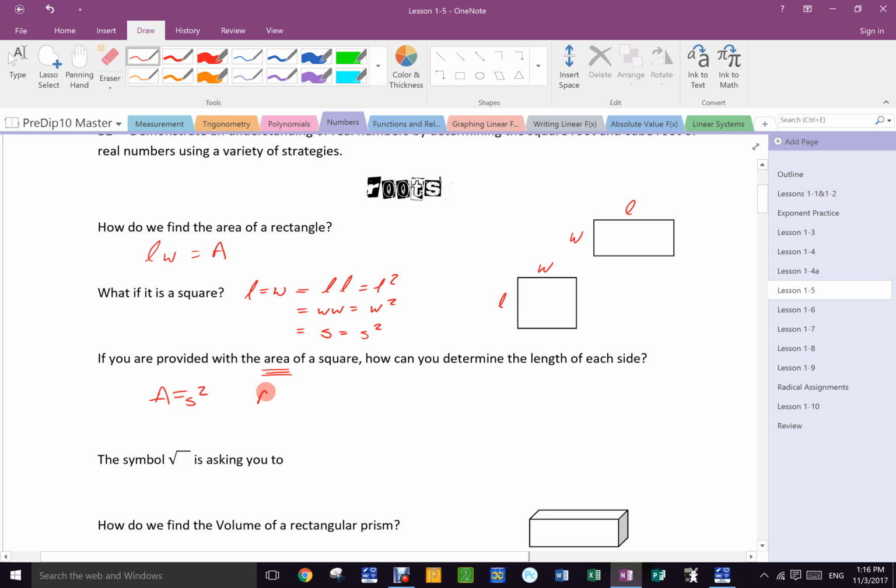So area equals S squared, but I don't want S squared. S must equal the square root of the area. And that is where the term comes from. We use it to describe squares because they're the easiest thing to describe. But the process and the concept goes well beyond